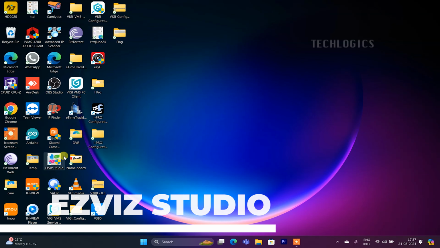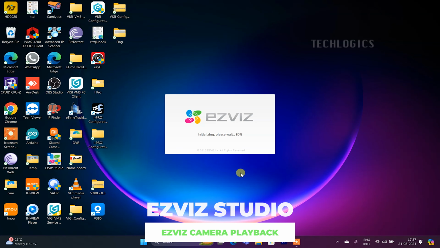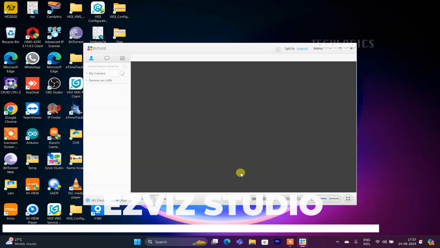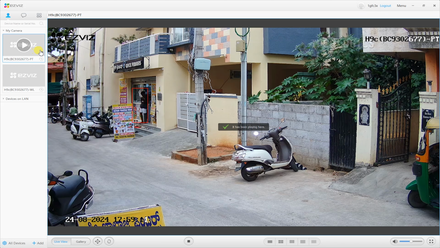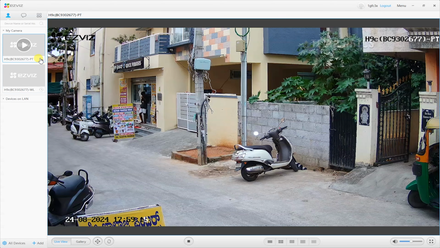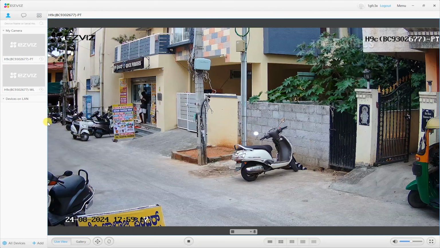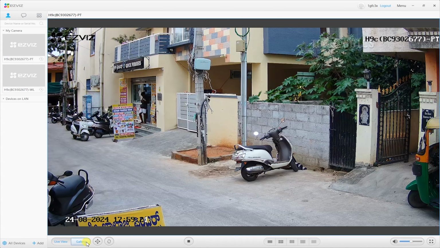To get started, download and install the EZVIZ Studio software from the official EZVIZ website if you haven't already. After installation, launch the software and log in using your EZVIZ account credentials. Once logged in, you'll see a list of your connected cameras. Simply double-click on the camera you want to view, and the live feed from the selected camera will appear in